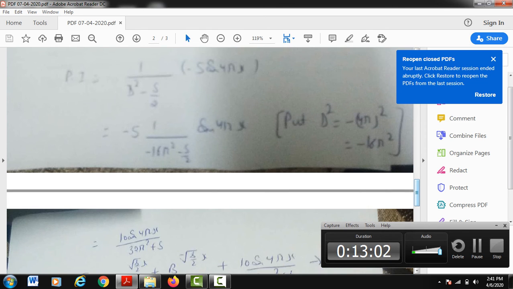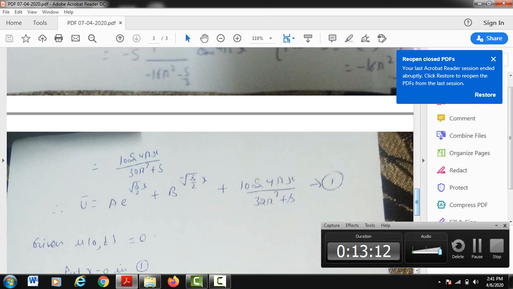So the denominator is not going to be 0. If it is 0, then it's a case of failure. Okay, so here fortunately we are not getting the case of failure. So if I put D squared as minus 16 pi squared, and simplify it, I will get,